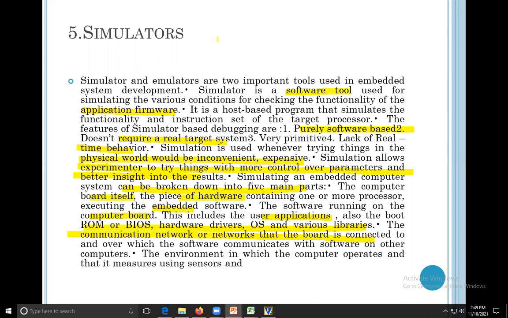A simulator is software used when you are working with an embedded system. If you are working with an embedded system, you have to use one or two processors or controllers. So what is the simulator doing? The simulator is used